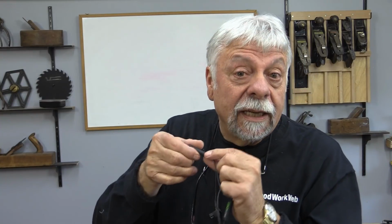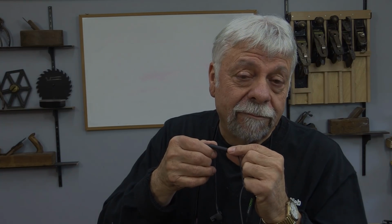Power off. Your phone is disconnected. And there's a little light that you can see there too when it turns on and off. Now, of the two units,